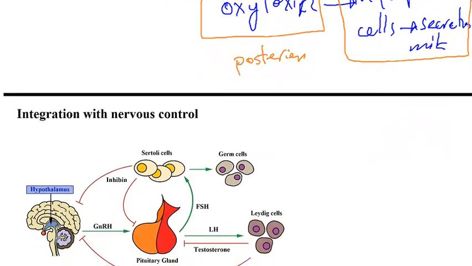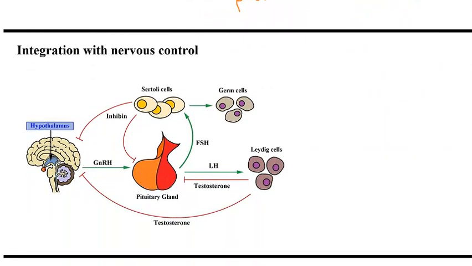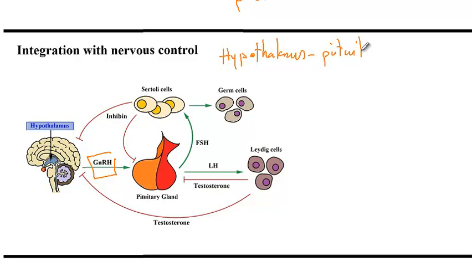All right, the final topic that we are discussing here is integration of the hormones with the nervous system. So basically, the hypothalamus and pituitary gland are involved in the regulation of sex hormones. We just discussed how the hypothalamus induces secretion of GnRH, and then later on the pituitary gland will induce secretion of FSH and LH. And so therefore, the hypothalamus, pituitary, and gonad axis will help with the regulation of sex hormones, but they are actually being regulated by a negative